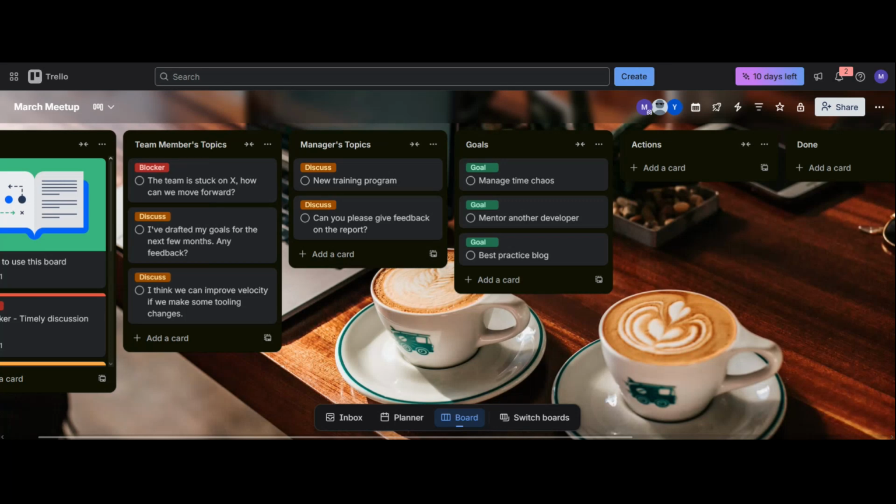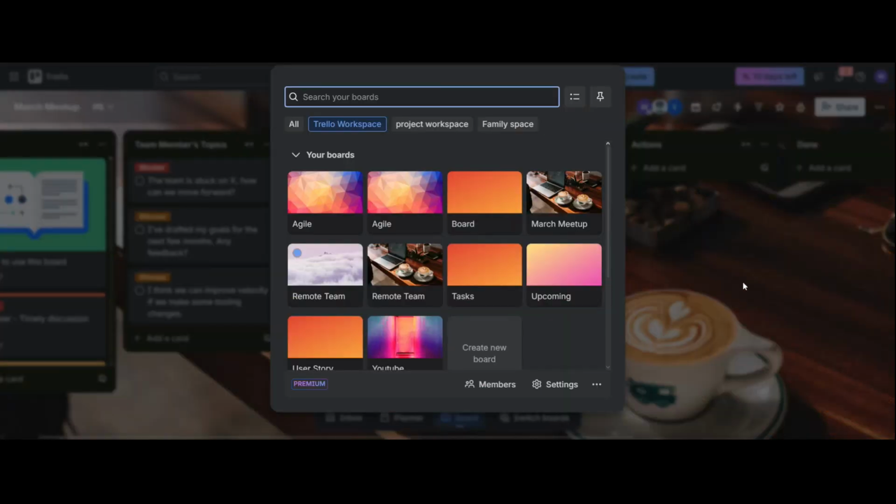In today's video, I'm going to show you exactly how to delete a card in Trello step by step. If you're managing projects, planning YouTube content, or organizing tasks on a Trello board and you want to permanently remove a card, this is the correct way to do it. A lot of people get confused because the delete option doesn't appear right away, but don't worry, I'll show you